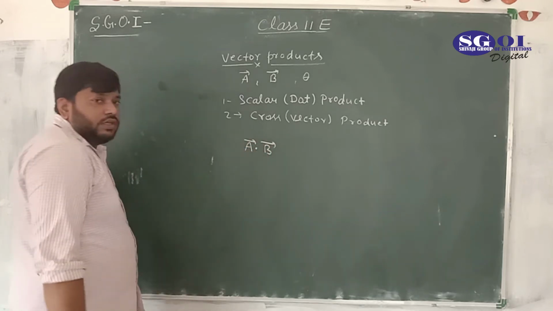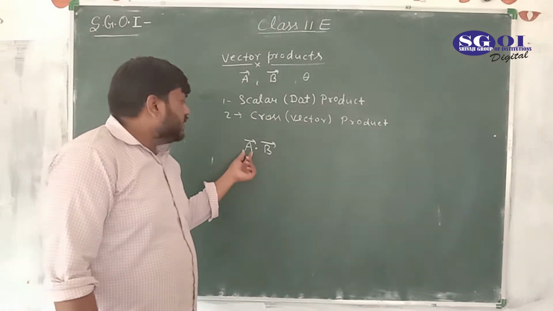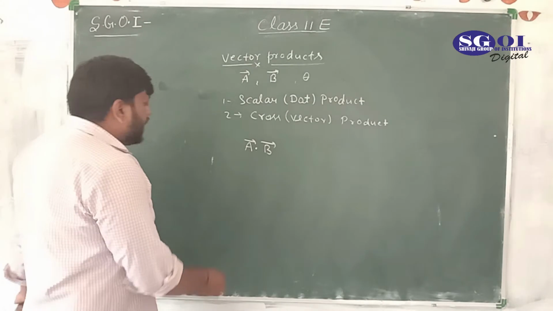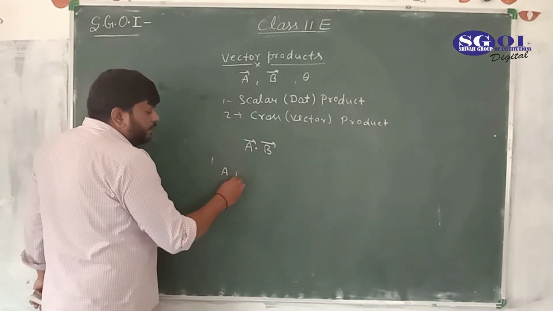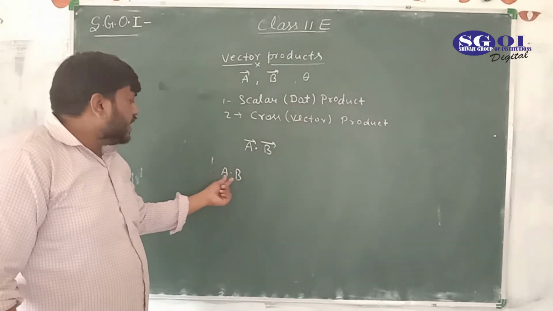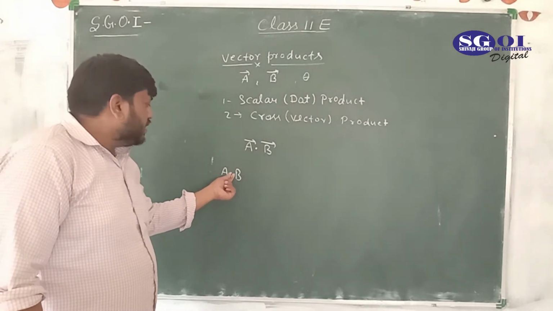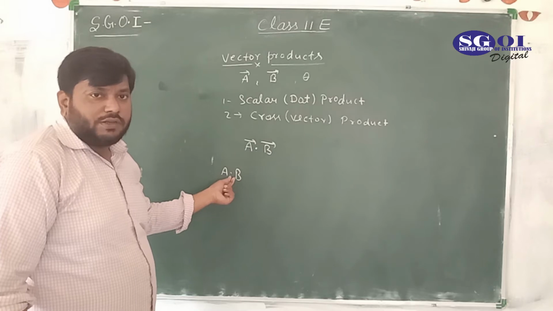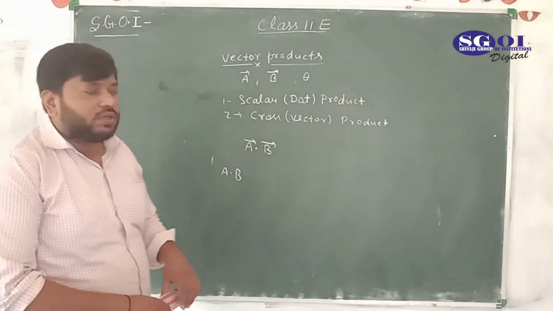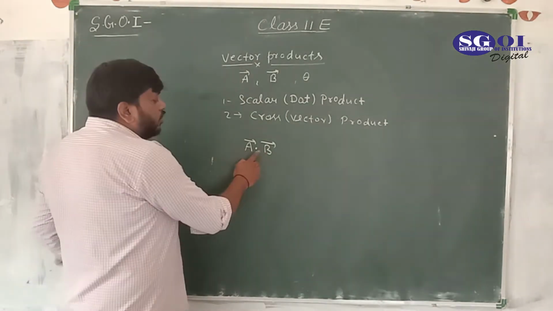So the dot product, this is A dot B. This is dot. We won't say this is A into B. This is wrong, because these are vectors. A into B is used when these are scalars, where this sign represents the multiplication symbol in algebra. But here these are vectors, so this sign is dot. We would say A dot B.